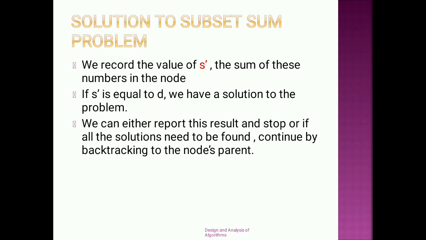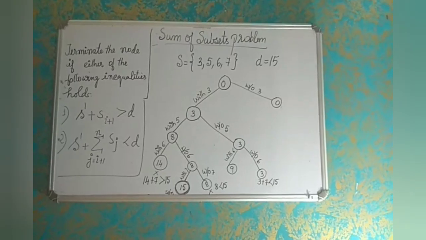So either we get the result or we stop at that non-promising end. If you get the result, again you have an option to go back. You can backtrack to the parent of that particular node and continue finding the next solution. Remember that in case of backtracking, we do not have a single solution. We can find more than one solution. If you have to find more than one solution, then once you reach the end, you go back to the parent of it, you backtrack, and again you continue with the solution.